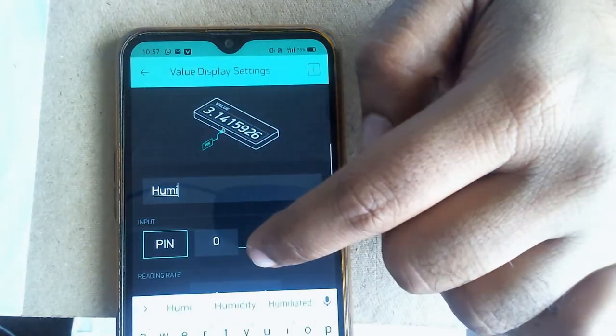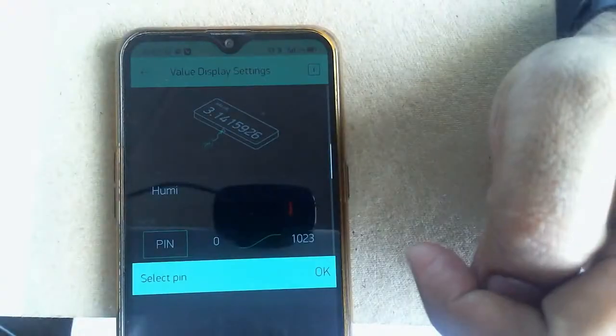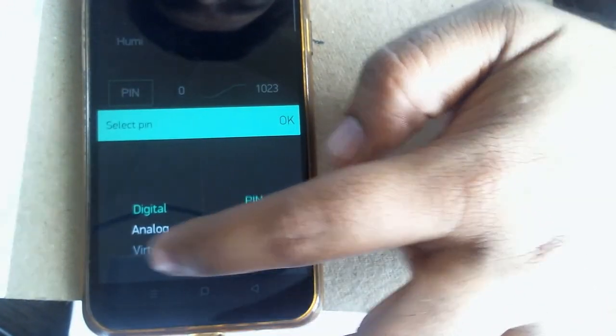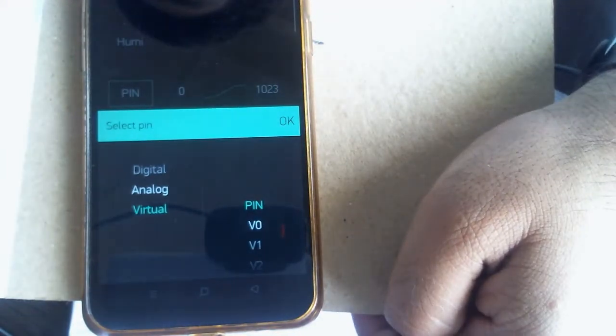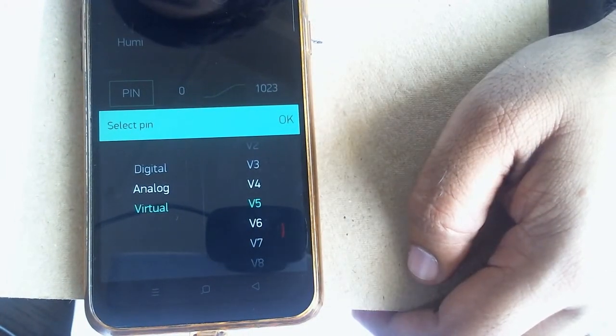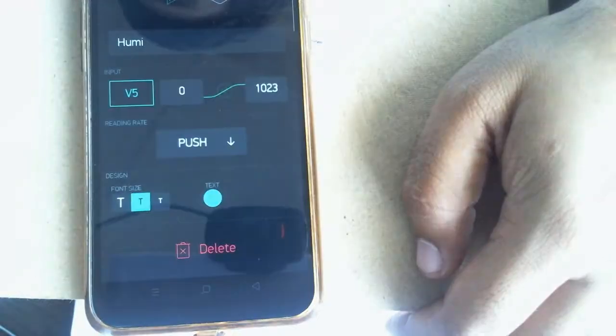Then you need to select the pin. Click on the pin and select virtual pin, as I mentioned and as it is written in your code as well. So virtual pin, and the humidity will be observed on V5. Press OK.